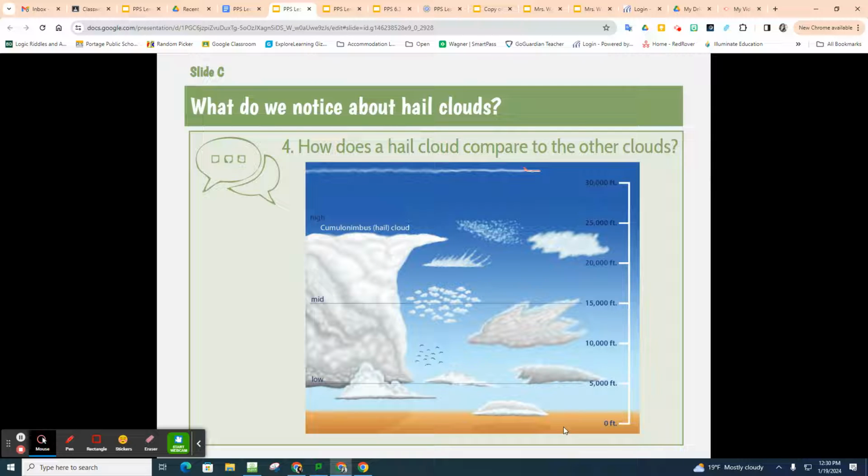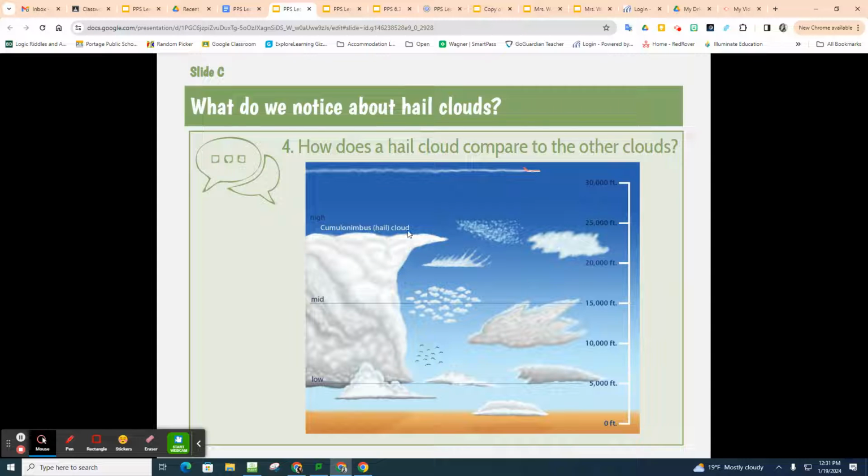So you can take a moment, pause this video. You have different elevations. So we have 0 feet. So we've got a couple of clouds that can form slightly above sea level. And then 5,000 feet up, we've got some clouds. I think those are birds. Then 10,000 feet to 15,000 feet, so mid part of the atmosphere or the troposphere, we have these kinds of clouds that form. And then at 20,000 to 25,000 feet in our troposphere, we have these kinds of clouds, but